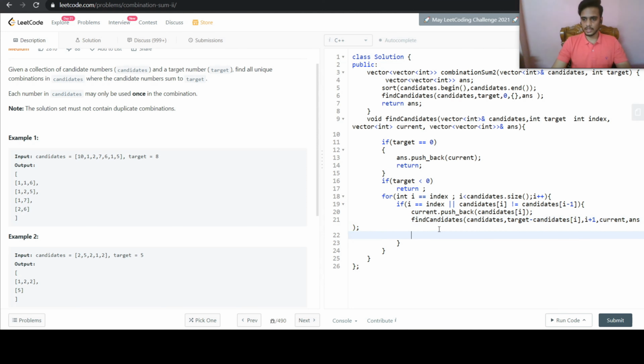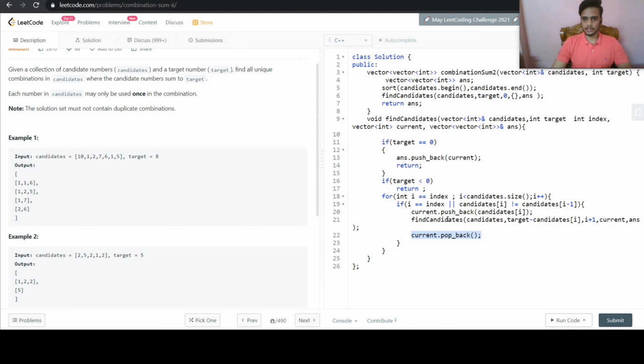And once we have called our function, at the end, here we will do current dot pop_back. So this is to choose that element and move forward, and this is the choice where we do not choose that element and move forward.